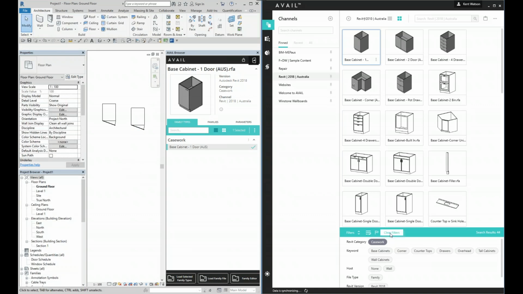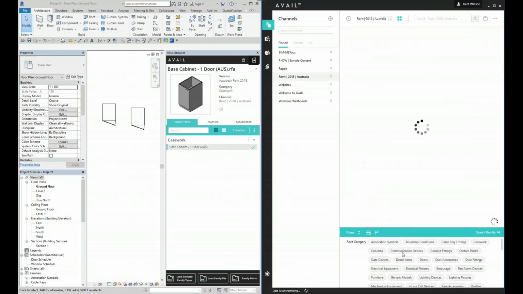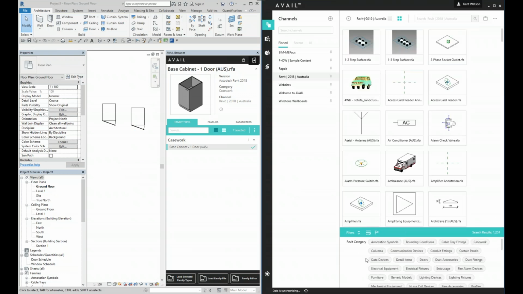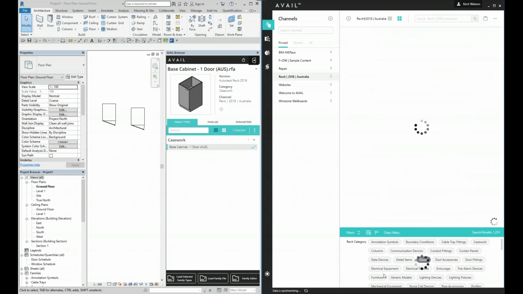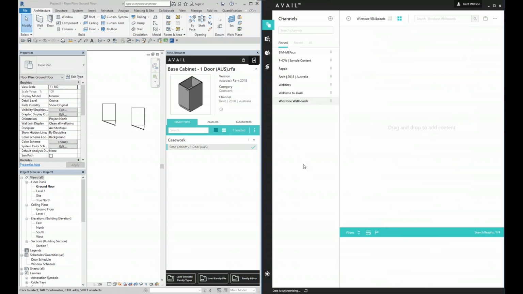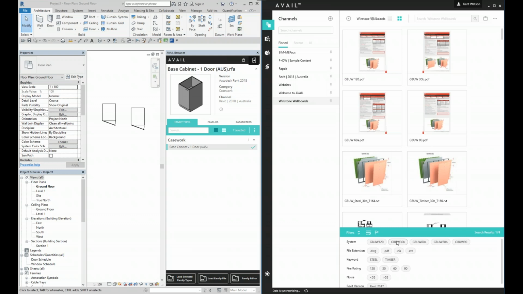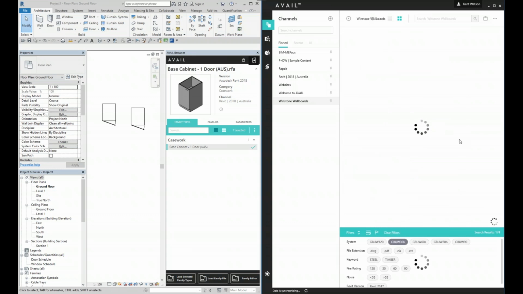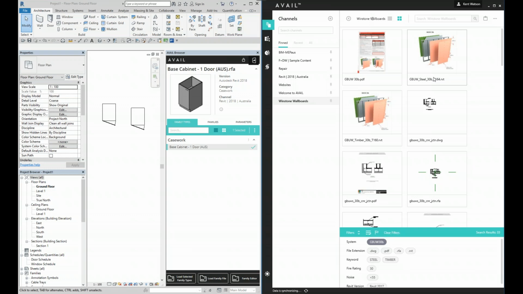If it has more than one type in there, so if I cancel out of that and we go and have a look at doors, for example, probably should put in a wall. I'm going to go and put in a wall, but I'll just show you a feature from that as well. So if I go to this channel here that I've got that deals with walls, and I think we want that one. So from here, if I click on, say, this one here,